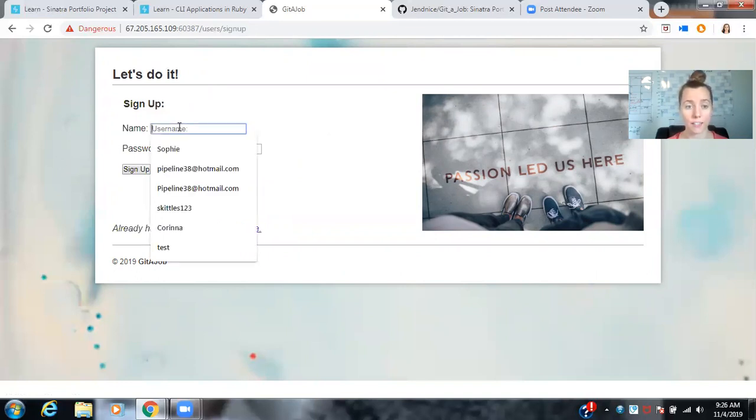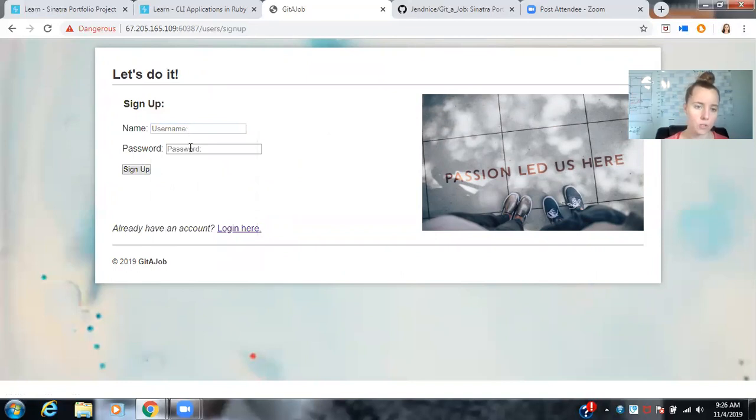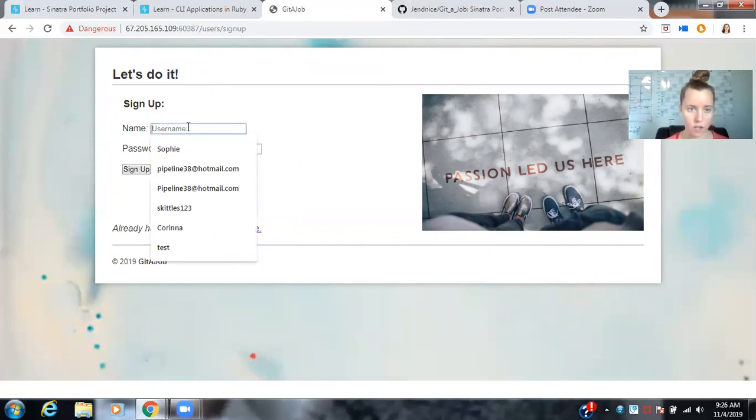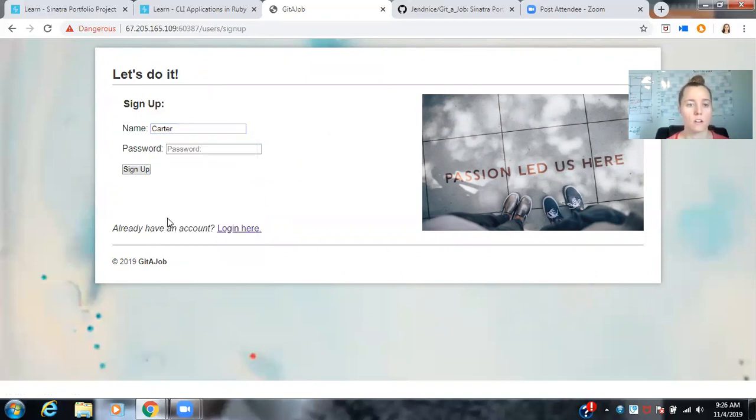And let's say we try and sign up. Let's say we try and sign up with no password. We'll just do random name, no password. It also makes sure that a username and password has to be input for login and sign up to make sure that an actual person is logging in with the correct information or an actual person is signing up with the necessary information. And then if we go back to the main users page,